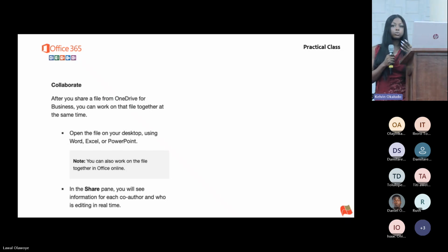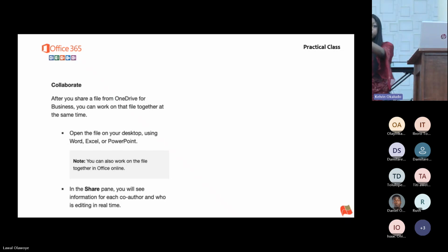So this is just teaching you how to do this. Open the file on your desktop. Let's say you want to use Word. You open the file. We need a practical class maybe after all of this. So when you open the file, you can just create a new document, and on top,